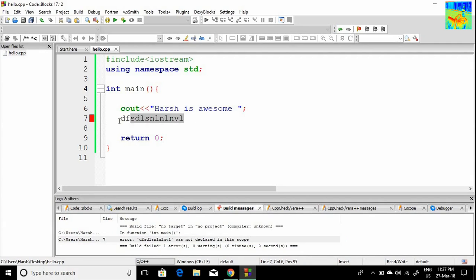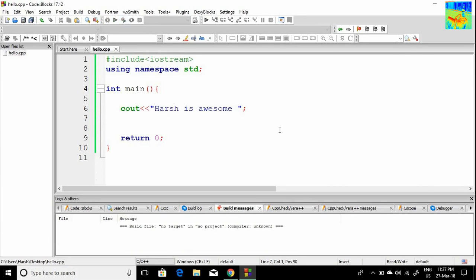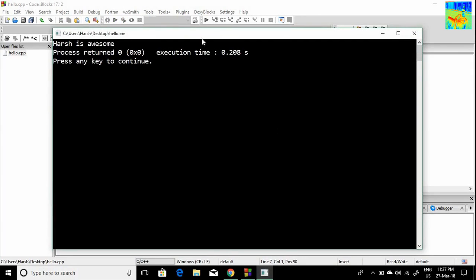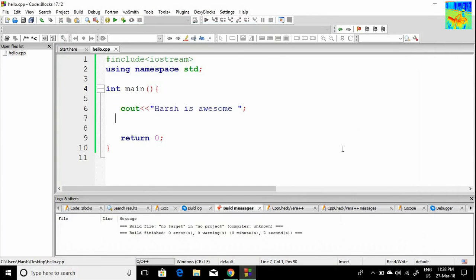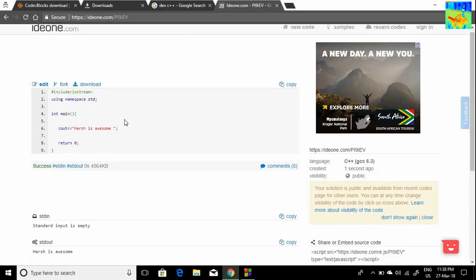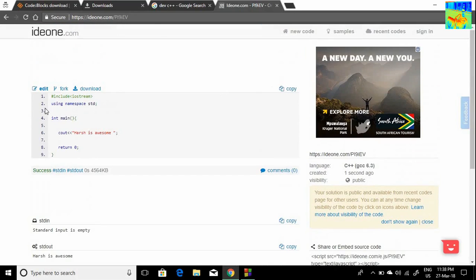Okay, so let us remove it. Now compile it again. Now our program is 100% correct. Okay, so let us edit here. Where is the option for edit? So here it is. Let us edit this also.